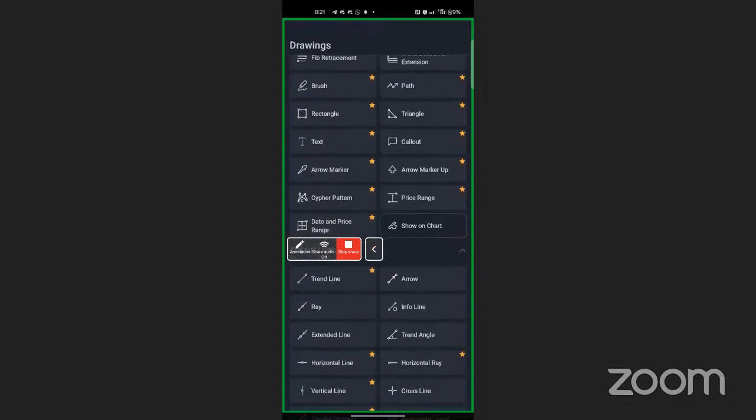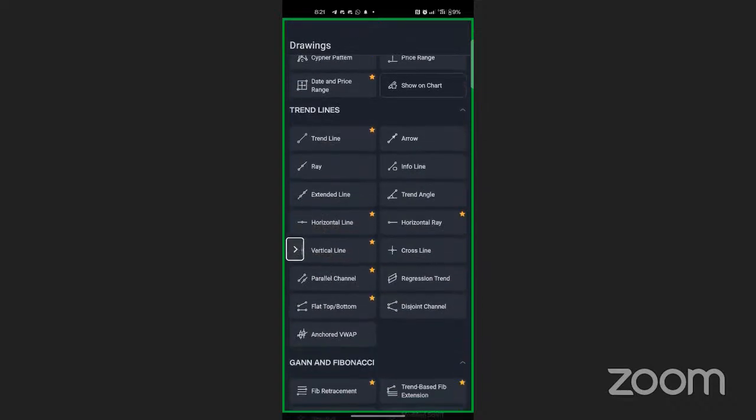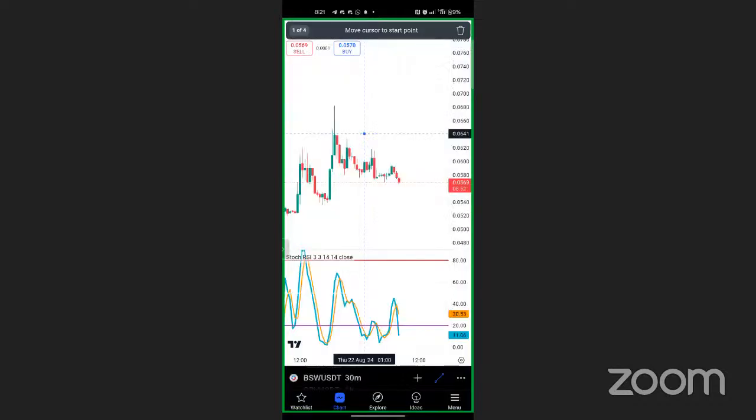Now these are the trend lines. So I pick the trend line like this, and I want to draw it above the candles. Either I can pick the highest price and then just stretch it like this, or if I'm not good at that,